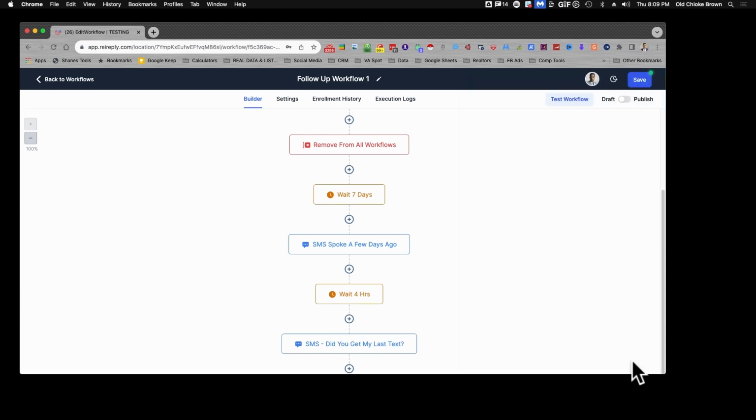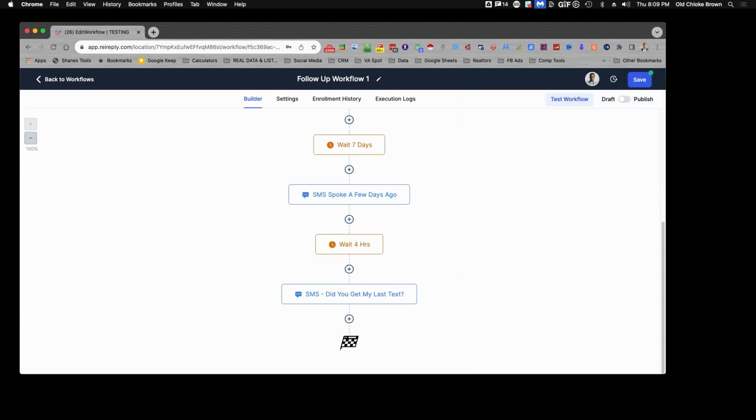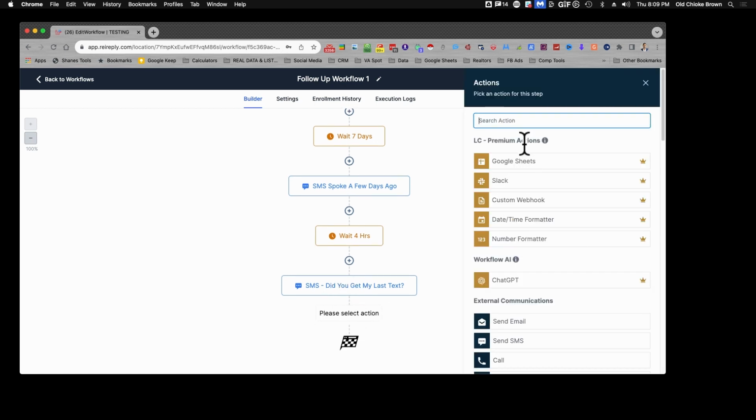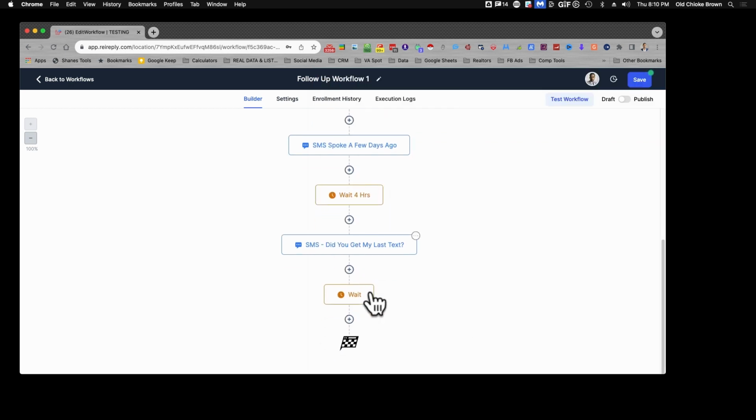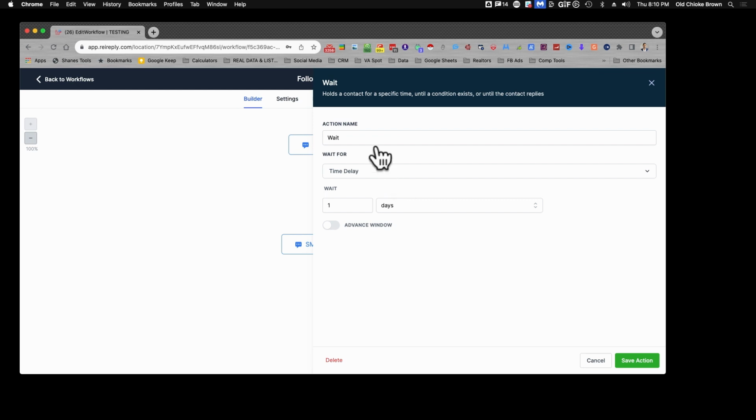All right. So we'll save that. Did you get my last text? And you can go on and on from here. If you're the type of person who really wants to bombard people with messages, I've seen people do this 10 messages long. We'll say, okay, wait. We want to do another wait, and this time we're going to wait, let's say, 1 day, right? And if they don't respond,